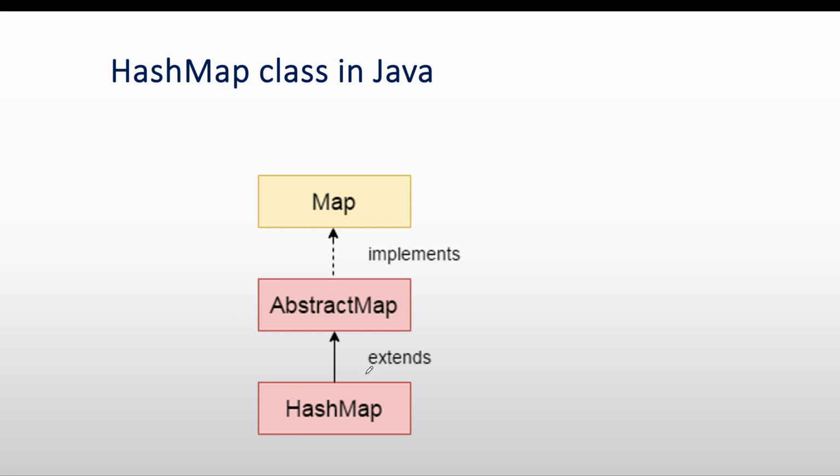So basically HashMap is a class which is an implementation class of the Map interface, but it is not directly implementing the Map interface. Indirectly, HashMap is implemented through the AbstractMap. It means that the methods available inside Map are implemented inside the AbstractMap, and then on top of that HashMap extends the AbstractMap class, meaning it implements only the important methods required by the HashMap. So this is the hierarchy of the HashMap.